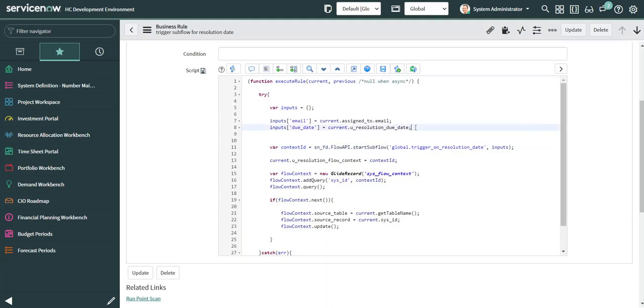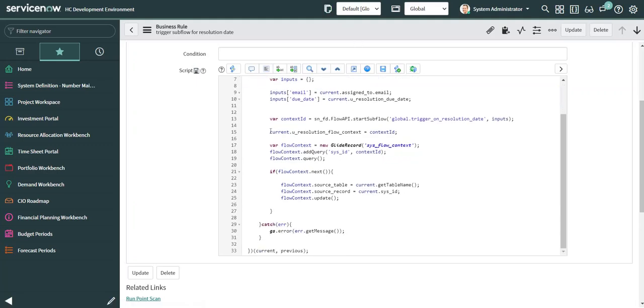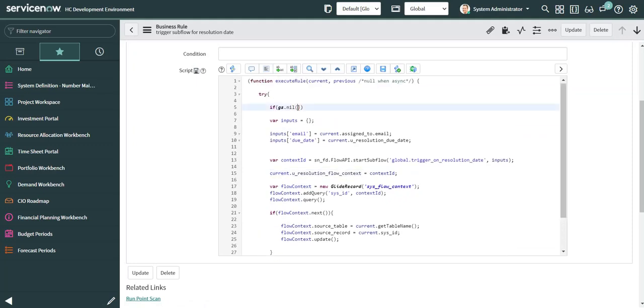So let's see how we can make use of that. So if gs.nil, and here I'm going to pass, so if it is not empty,